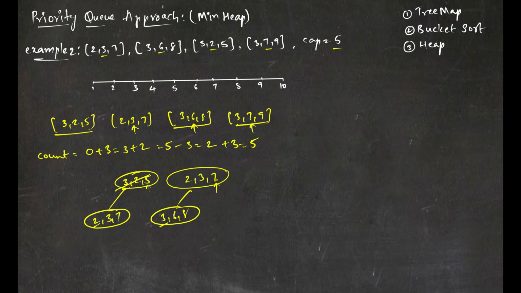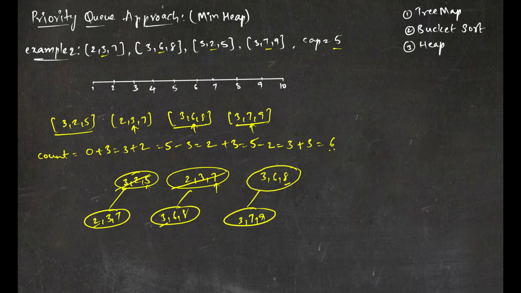My top of priority queue is ending at 7, so I can just remove it because it has already ended. So this is removed, and this count will be reduced by 2, so it is 3. When this is removed, this will become my top of queue, 3, 6, 8, and this is ending at 8, which is greater than the starting location of the current trip. So this will stay, and this will come in. So 3, 7, 9, and my count will increase by 3.